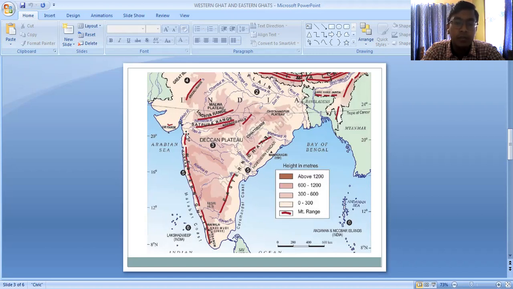One more thing to be noted here is that just below the Tapi River, the red mark given here along the coast, till the end, this is the Western Ghat. This Western Ghat is a continuous hill range. It is continuous in nature, from top to bottom, a continuous chain of mountains and hills, which can be crossed through the passes present over here, like the Thal, Bhor and Malshej passes.